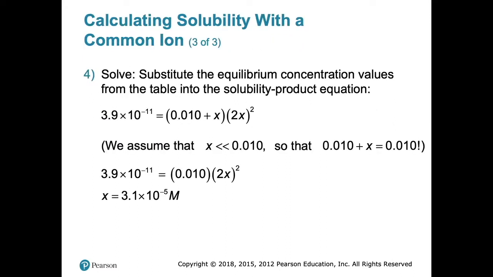Anyway, just remember, with the solubility product constants, when you have a plus x or minus x, what can you do? You can drop it. The only time you cannot drop an x is when you're doing the KPs and KCs, which is the chemical equilibrium stuff. But for acid-base equilibrium, you can drop the plus x, drop the minus x. For solution equilibrium, you can drop the plus x or minus x.